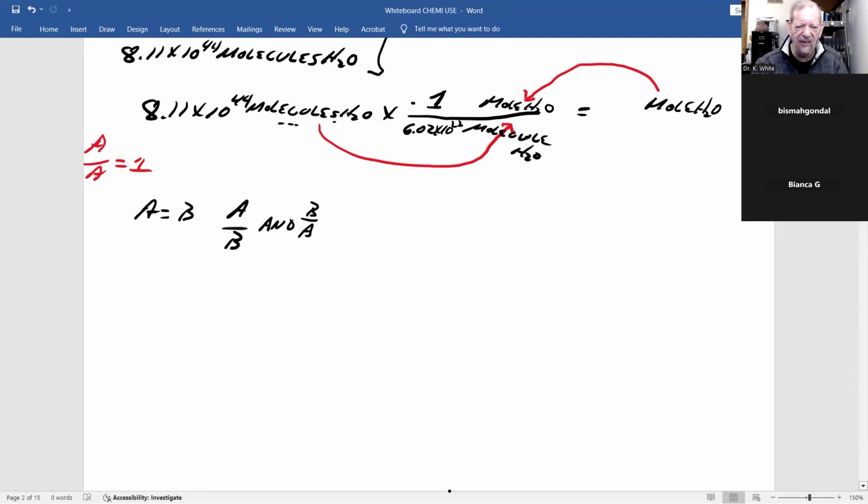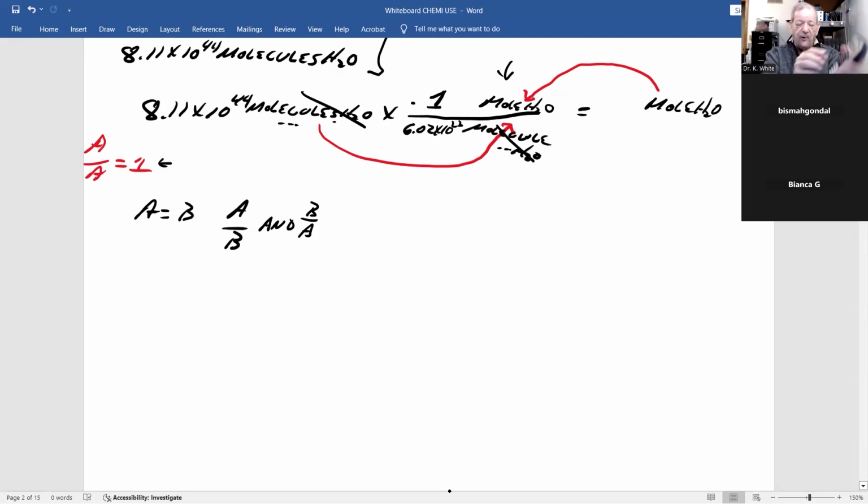Notice I'm going to have molecules of water divided by molecules, and that's going to become the number one. They cancel out. The only units I'll have left are moles of water, which is what I want as my answer. Now I can pick up my calculator, clear it,